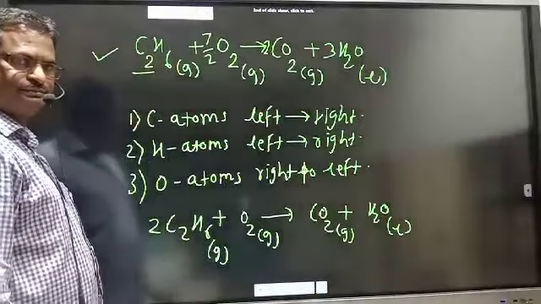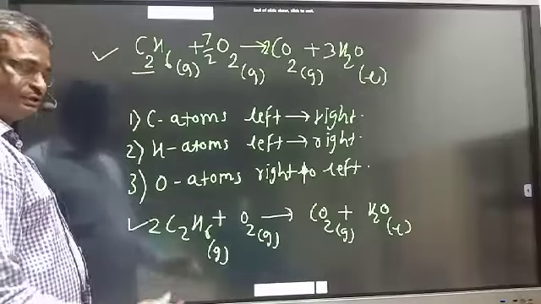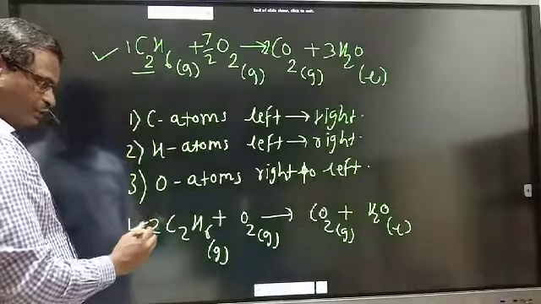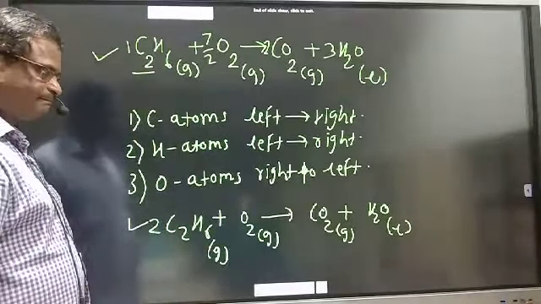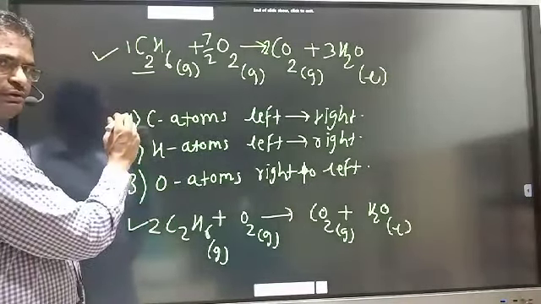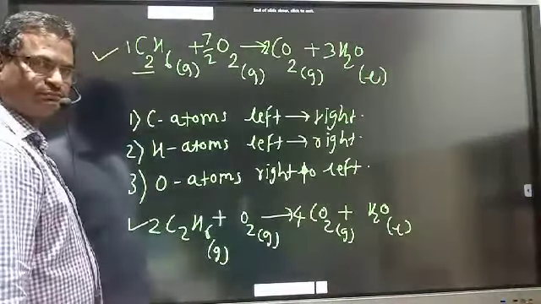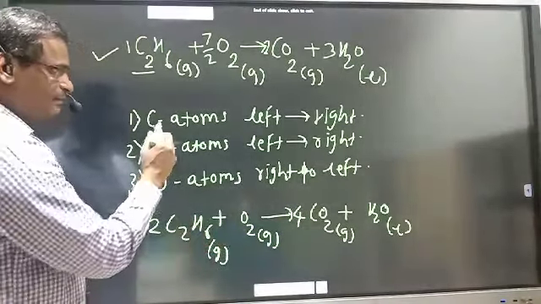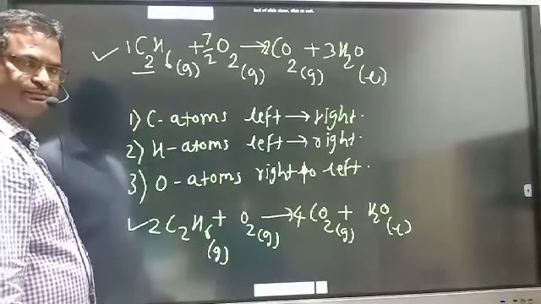Now balance the reaction. Here 1 mole, here I have taken 2 moles. See, everything must be doubled now. 1 becomes 2, so everything must be doubled. See how it is doubling. First of all, balance the carbon from left to right. Same rule. Here 4 carbon, so this is multiplied by 4. 2 becomes 4, because 4 carbon atoms, carbon atom balanced from left to right, this is multiplied by 4.